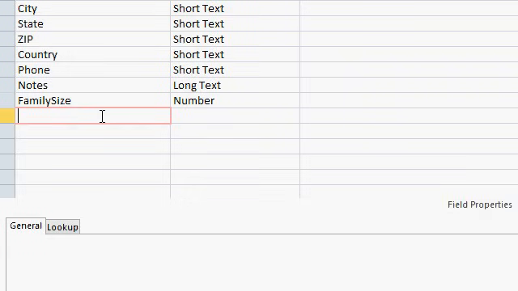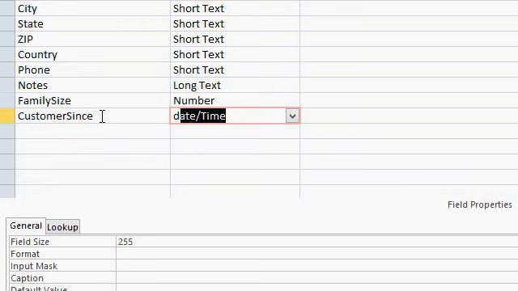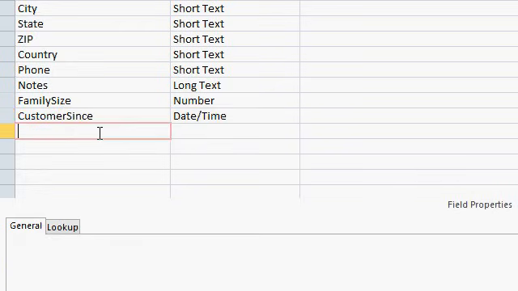You might want to know how long this person has been a customer, so you can send out some kind of a gift after their first anniversary or whatever. So I'm going to put in here customer since, and that will be a date time. If you look at the list of options here, there's a date time field. And yes, there is a way to default that value to today, but again, I'll talk about that in a